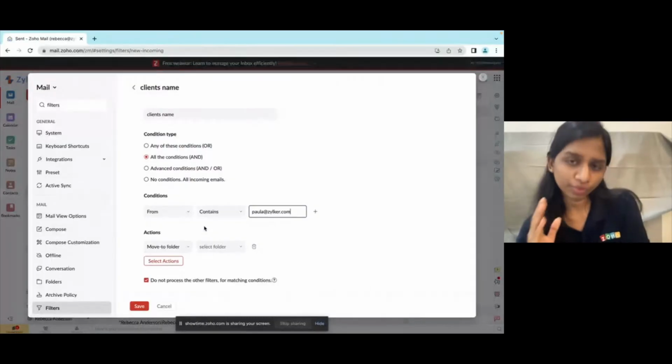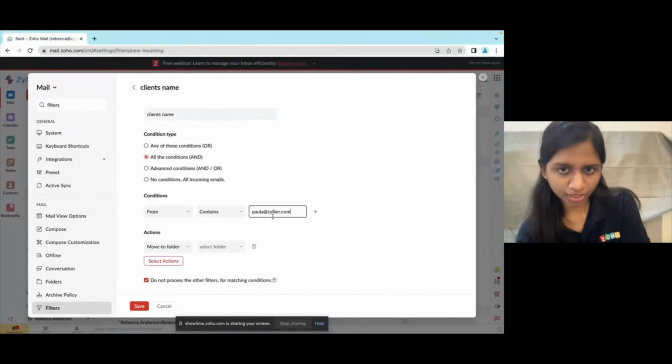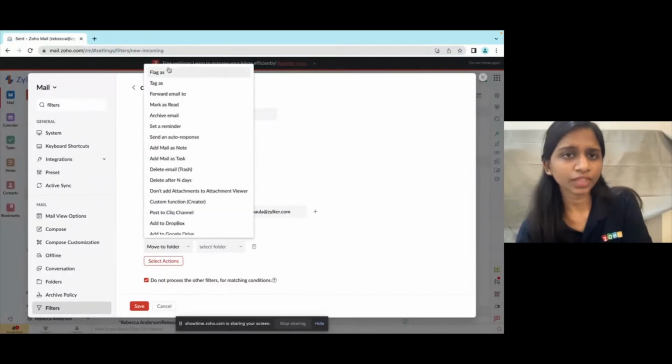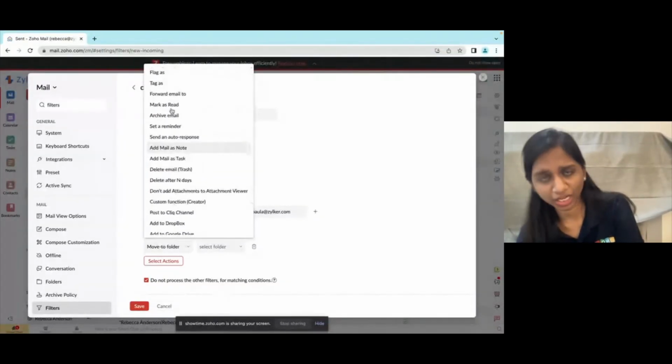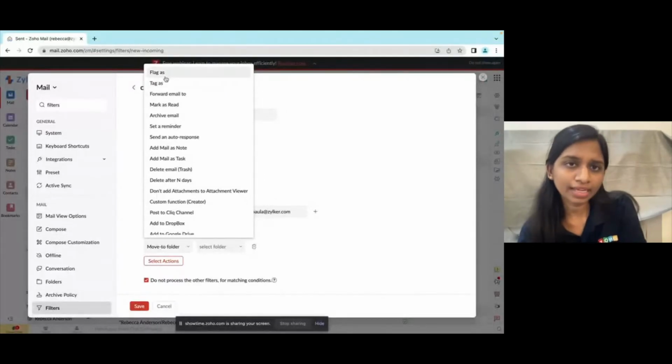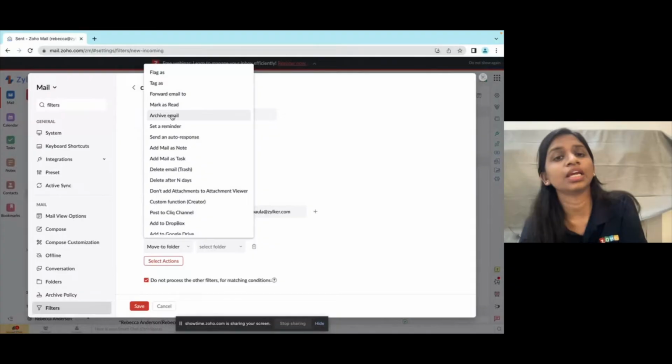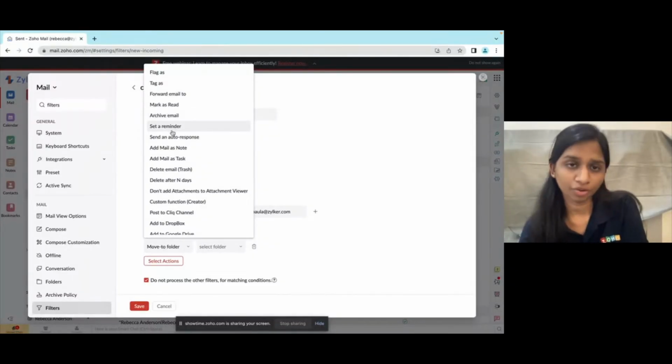So if I'm going to receive mail from this person, I want the following action to take place. So what are all the actions that you can actually select? You can flag it, tag it, forward the mail, mark it as read automatically, archive the email, set a reminder for the mails, and send an auto response. You can mark it as note or task. You can delete the email directly, delete it after n days, and you can also choose to not add attachments